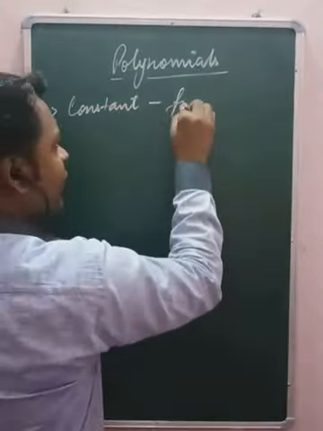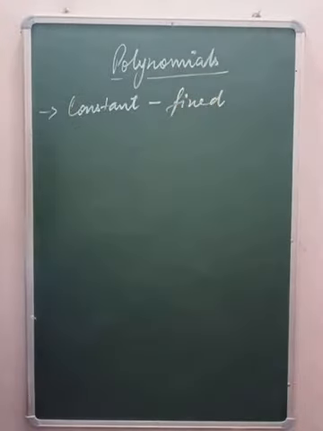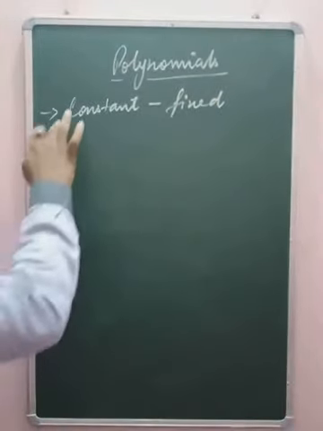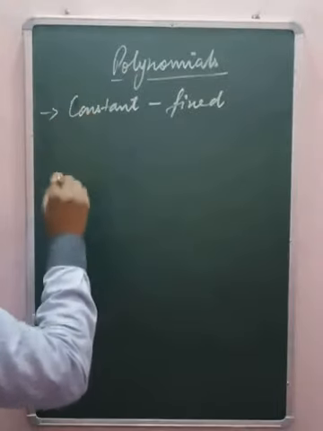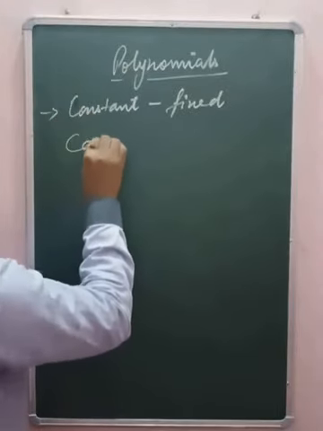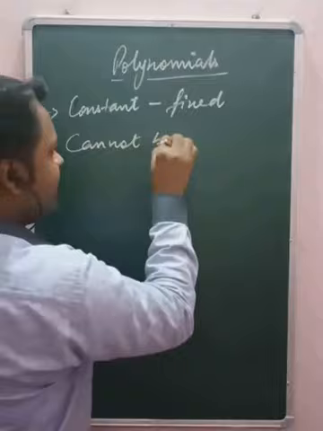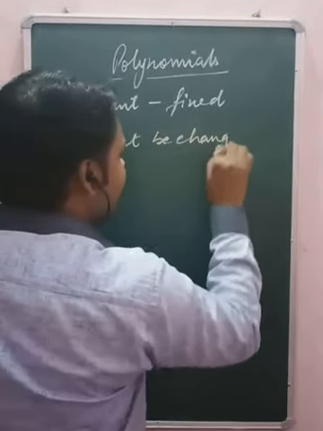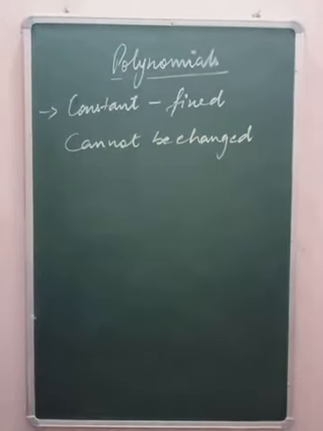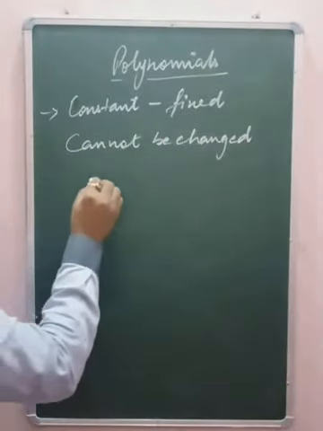Constant means fixed. It is a particular value, or in the terms of mathematics we can say that it is a value that cannot be changed. The value that cannot be changed, that is constant. In constants we can take all